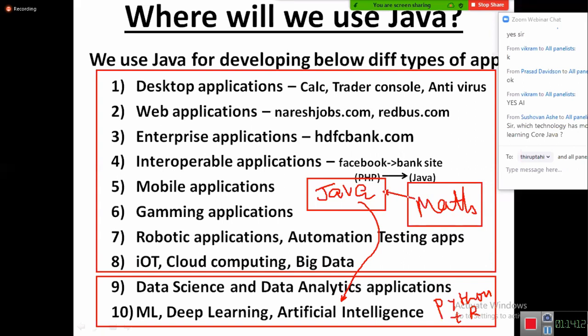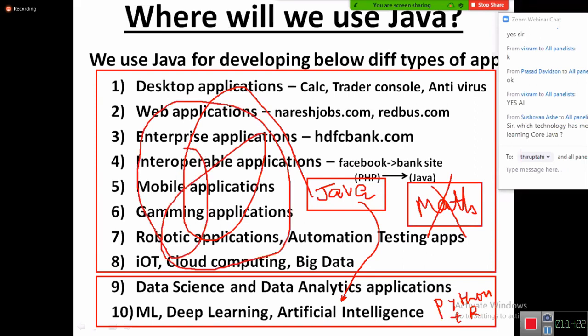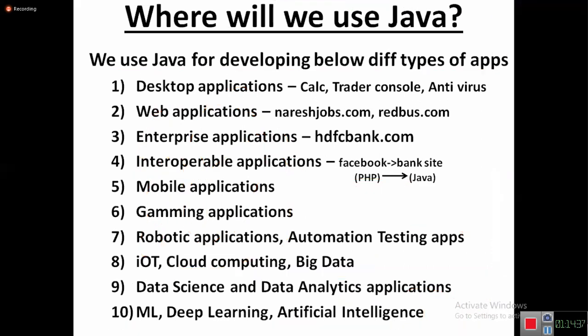Those libraries are not there in Java because Java's target is not mathematics. Java's target is business applications development. These applications don't require a huge set of mathematics functionalities. But the others require mathematics. So that huge mathematics library is available in Python and R language. That's why Python and R language are used here. Everybody got clarity here?